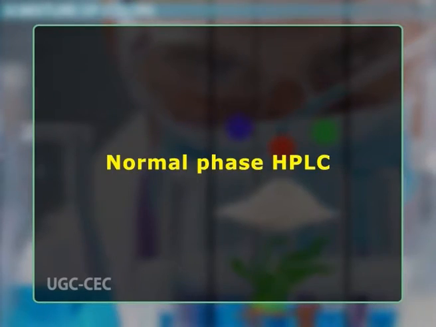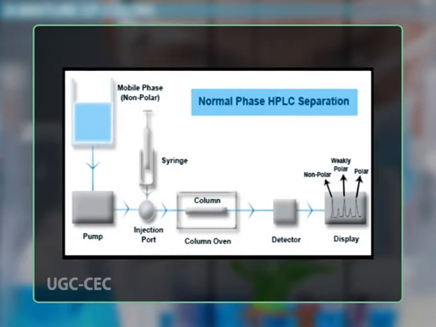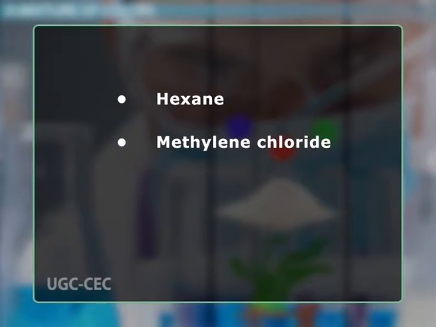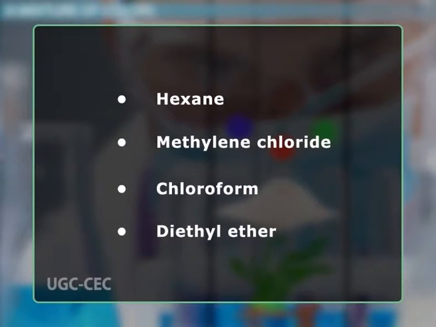These are the following variants of HPLC depending upon the phase system in the process. Number 1 is normal phase HPLC. This method separates analytes on the basis of polarity. Normal phase HPLC uses a polar stationary phase and non-polar mobile phase. Therefore, the stationary phase is usually silica and typical mobile phases are hexane, methylene chloride, chloroform, diethyl ether and mixtures of these. Polar samples are thus retained on the polar surface of the column packing longer than less polar materials.